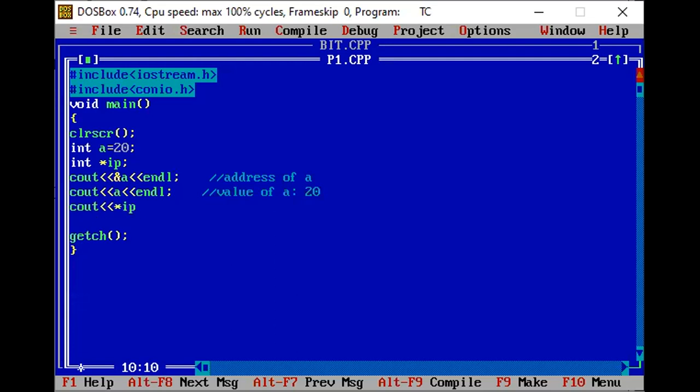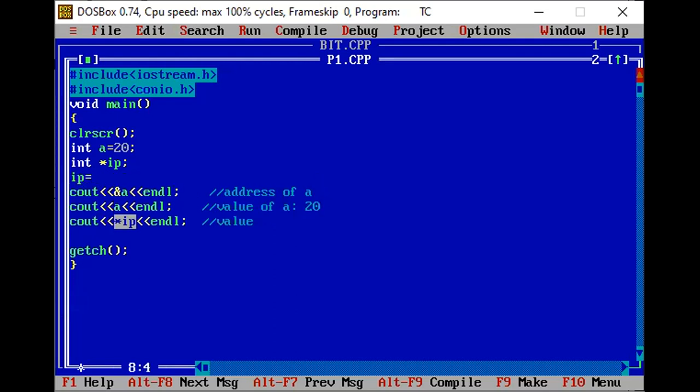pointer asterisk ip endl, when I'm using the dereference operator along with the pointer variable, I will get the value. Value of which variable? Where my ip will point. ip will store the address of the a variable.